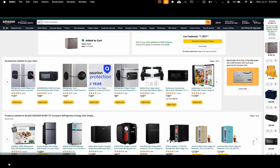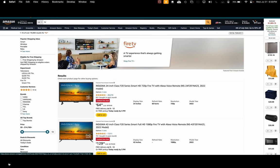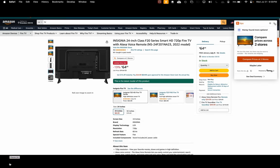We now have an entire complete setup of means to eat, but we still have a lot of money left. So what are we going to do? We are going to buy a television, and we are going to buy a 24-inch Insignia. I like Vizio for some reason, I don't know. But we want something light and cheap, so I'm going to go with the Insignia. And you may say, why is...